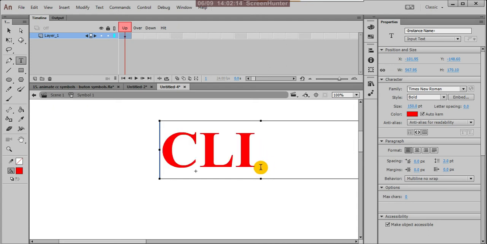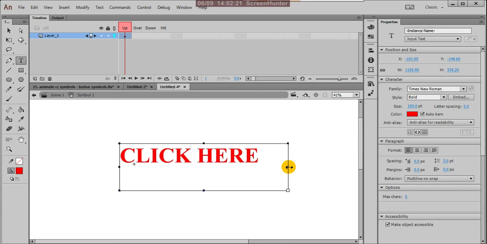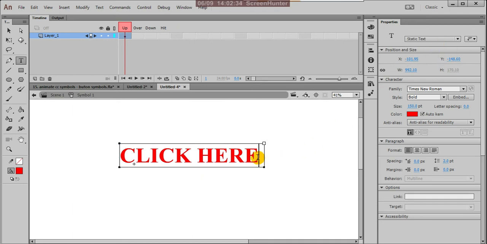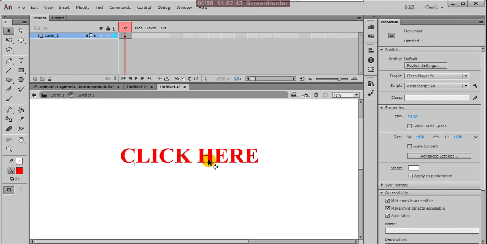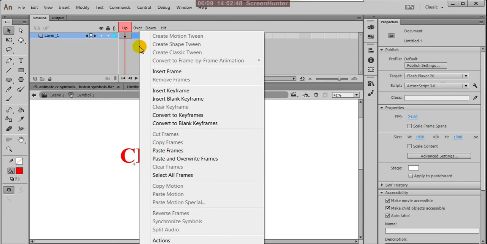Sorry, it is an input text. I want static. Yes, this is the up state and this is the over state.